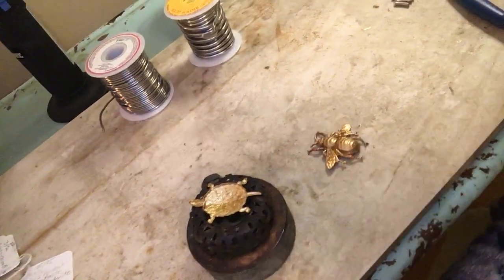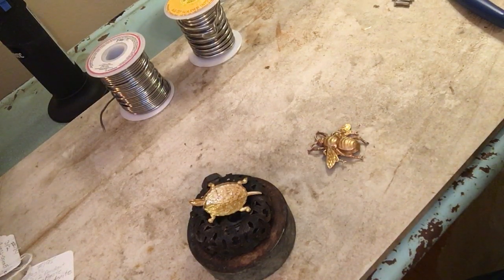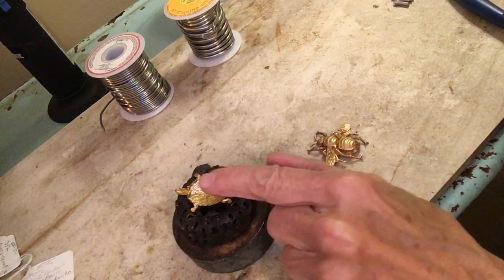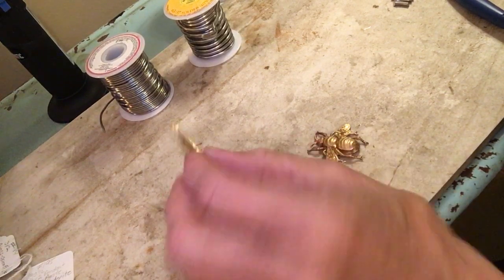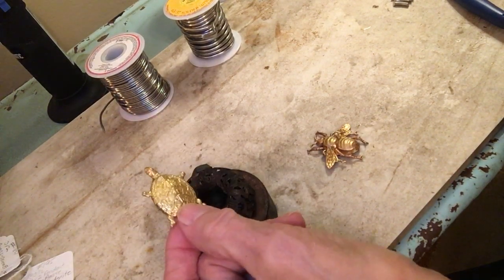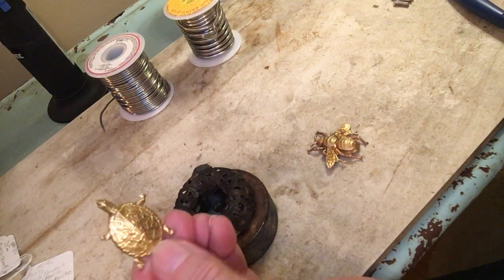Okay, so here I have this little turtle. It's a brass stamping, which I'm going to make into a pendant. The reason I'm going to solder this little guy is because he's very light in weight, and I want him to have some weight to him, so if it hangs on a necklace or on a bracelet, it'll have some weight to it